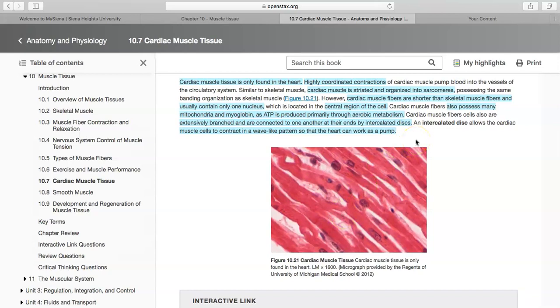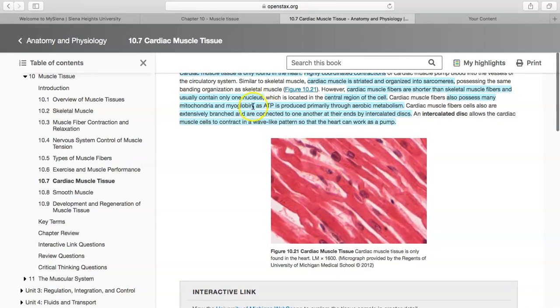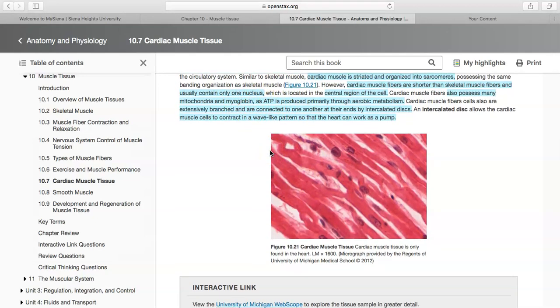Cardiac muscle fibers are going to contain a lot of mitochondria and that myoglobin that we talked about that stores oxygen. And it produces a lot of ATP because it goes through aerobic respiration. One other really important differentiating factor that will help you understand what you're looking at is that cardiac muscle